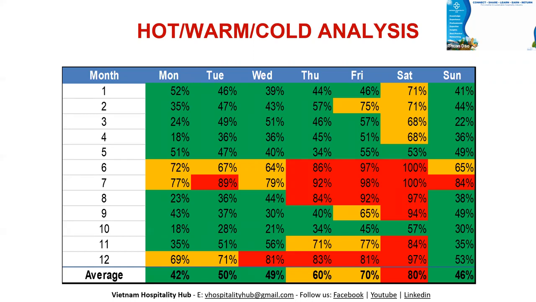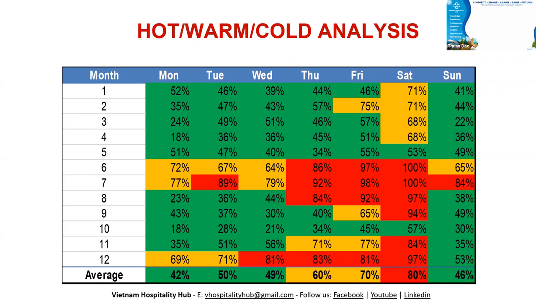So you see that I put here the green, and then the orange and the red. All right, there's three colors here. And if you look at the color, for those below 60%, I put the green. I just format in Excel, in Excel conditional format. And if the occupancy is from 60 to 80%, I will put the orange, and then the red one, that means 80% and above.